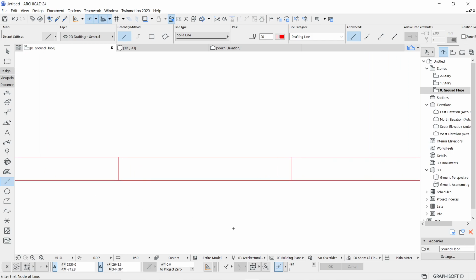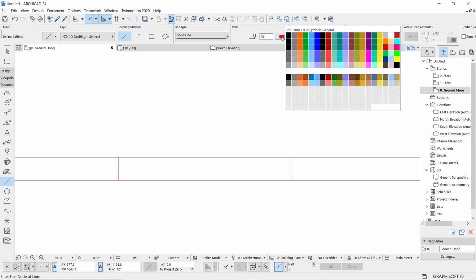And here I am willing to draw two horizontal lines which will represent the window opening presentation. So again, the line tool is there, default setting, single object. Now, by default, if you check, the pen number was 20. If you click on this particular slot for choosing the pen, that is where the pen number is displayed along with the color. This time please try to concentrate. Currently the number 20 was there, so this was your current pen.